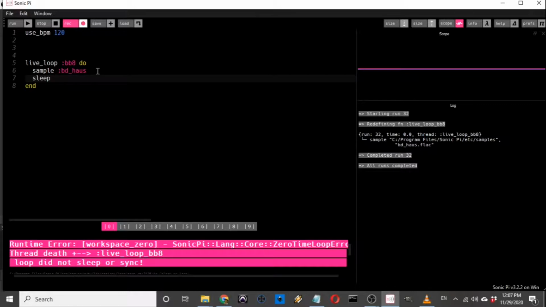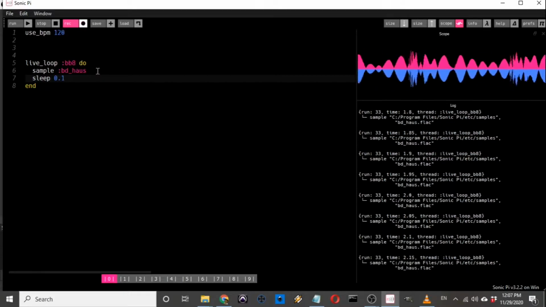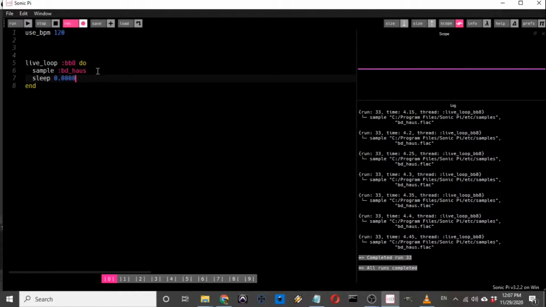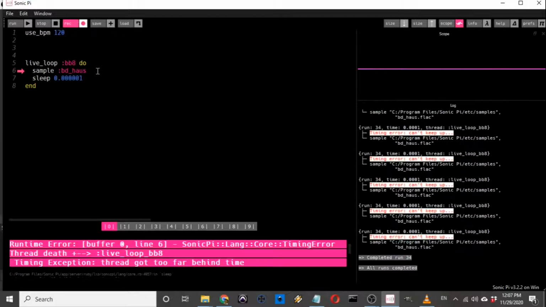But let's say we kept the value at 0.1. Let's listen to this. It's really close, but let's make it really close. Now what you get is a timing exception because the sleep time is so tiny. Sonic Pi is freaking out because it's running it too fast.